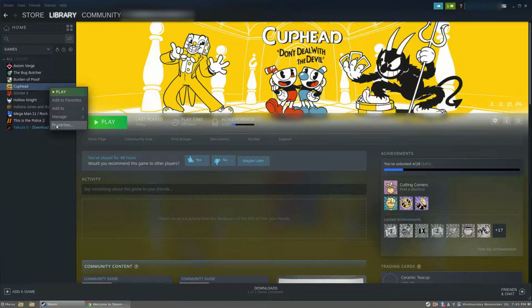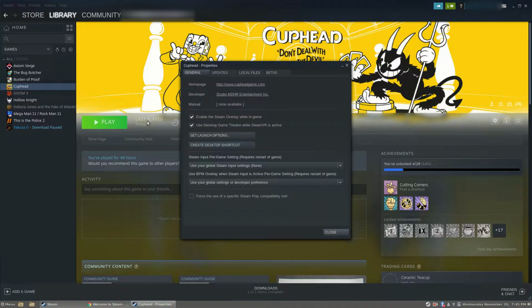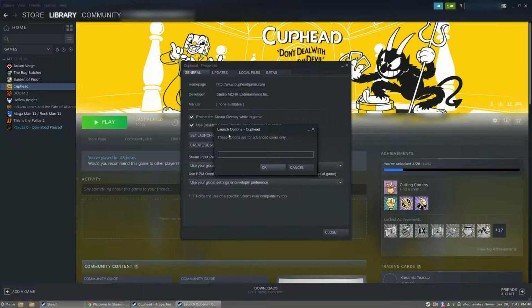And so to do that, we go over here to the list, and we right-click Cuphead, and we go down to Properties, and we click that, and then we go to Set Launch Options first. I've already copied the launch option that I'm going to add to my clipboard, so we're going to hit Control-V and paste that there. I'm going to put this in the description to the video, so if you can't read that, don't worry about it. Basically what this says is Proton use